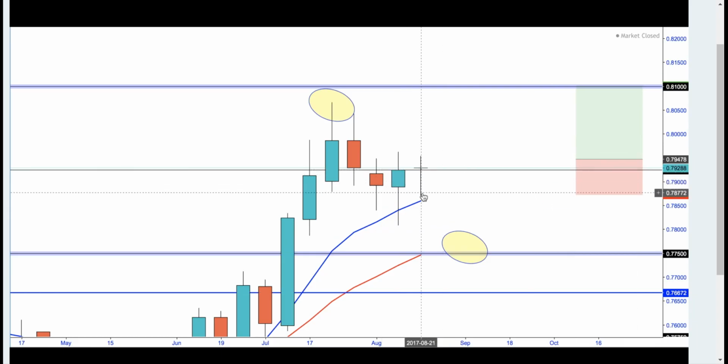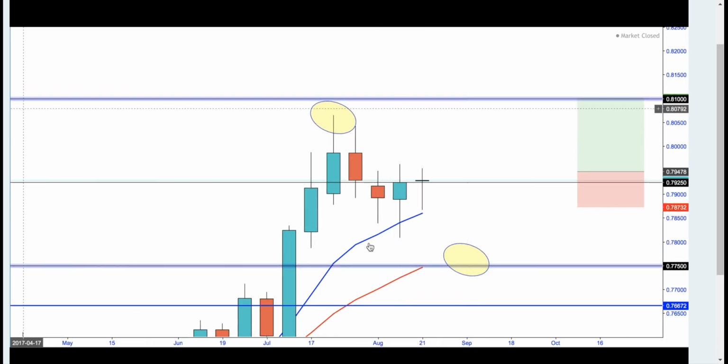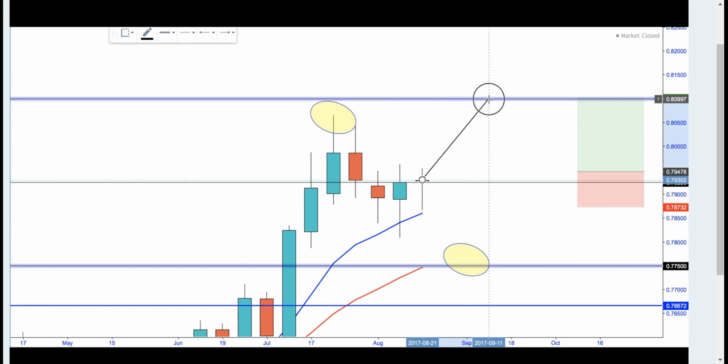And then last week we spiked down again, just missed it shyly. But again, this 1, 2, 3, we have this 3-pin pattern over here as well. Because we spiked through the support level, which is the 8 EMA, I'm now expecting a rebound to the upside, which is this. So I can jot down Aussie dollar,